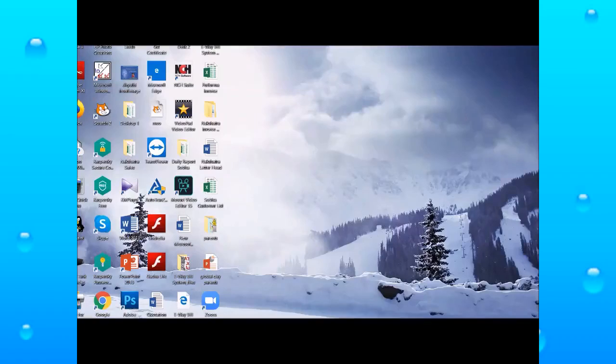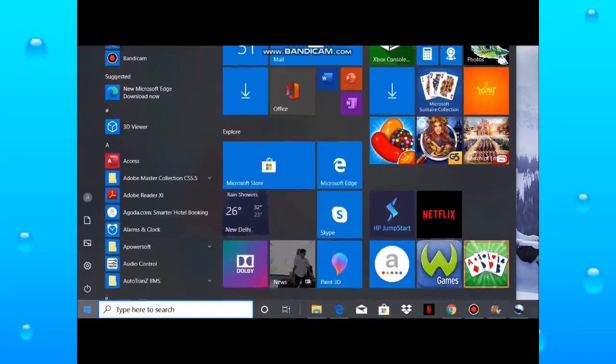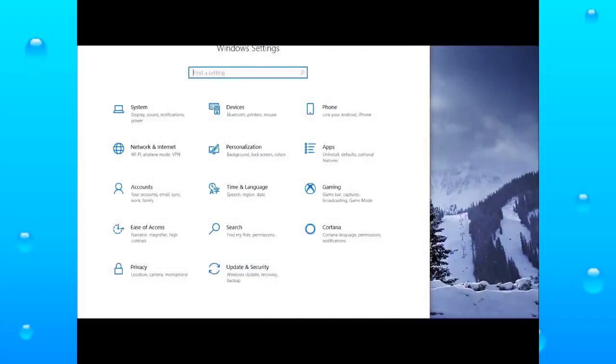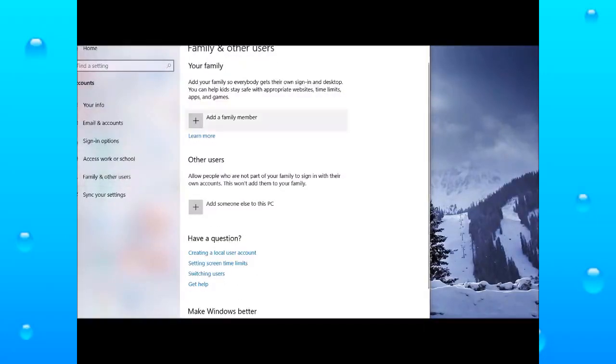To set the parental controls in Windows 10, Microsoft Family is used. A family group keeps kids safer on Windows 10. Log into the account with administrator rights from desktop. Click on the Windows icon on the bottom left of the screen. Click on the Settings option. Click on the Account section. Click on the Family and Other Users tab and click on the Add a Family Member link.